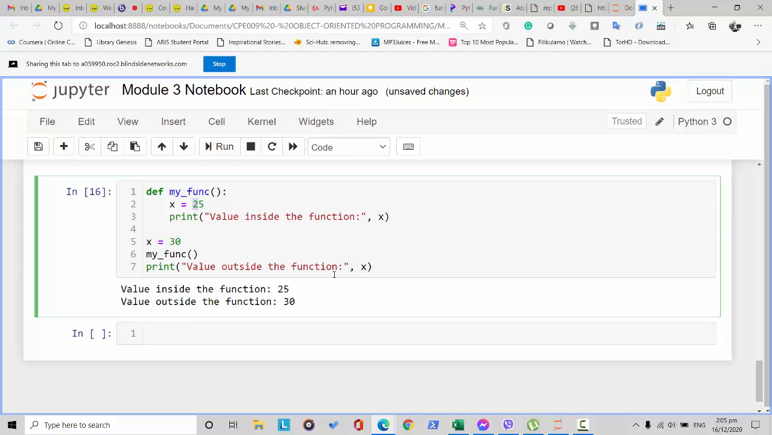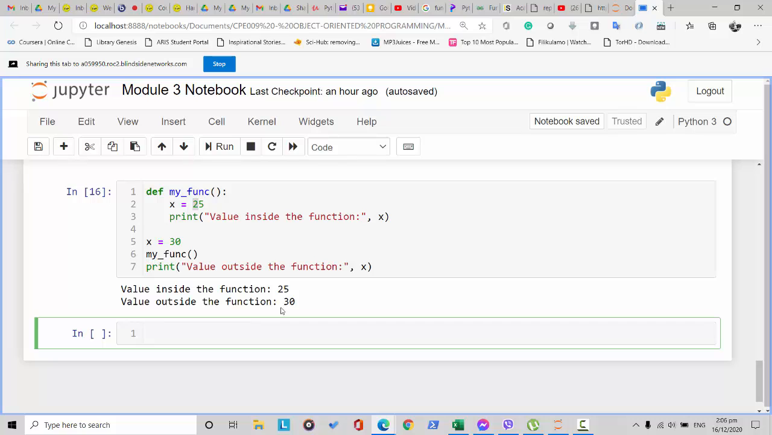On the other hand, variables outside of the function are visible from inside. They have a global scope, so we can read these values from inside the function but cannot change them. In order to modify the value of variables outside the function, they must be declared as global variables using the keyword global. Okay, so right here I'm going to write,